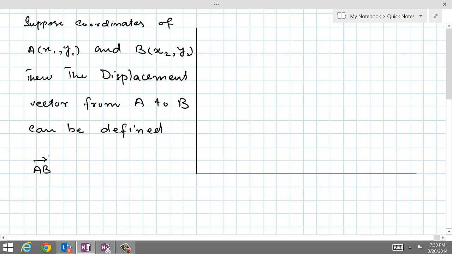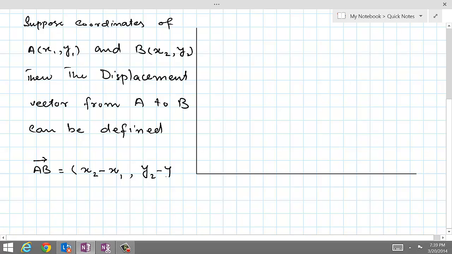A is the initial point and B is the terminal point, and the arrowhead indicates the direction that the displacement vector from A to point B is equal to x2 minus x1,